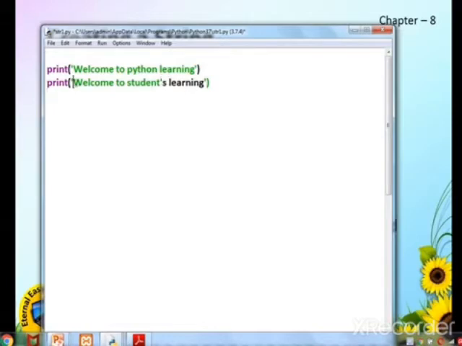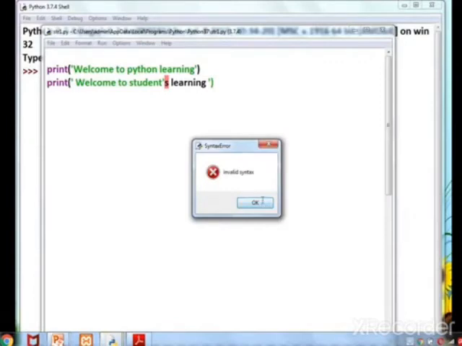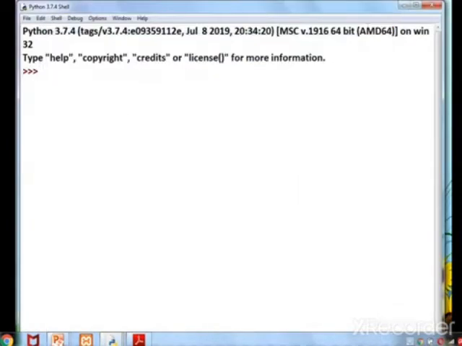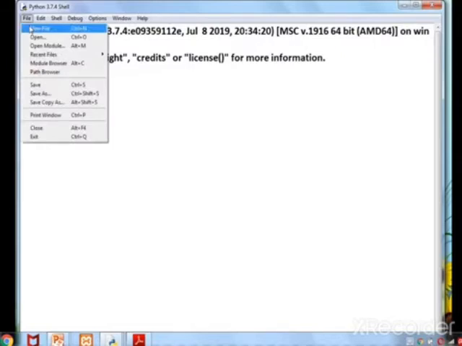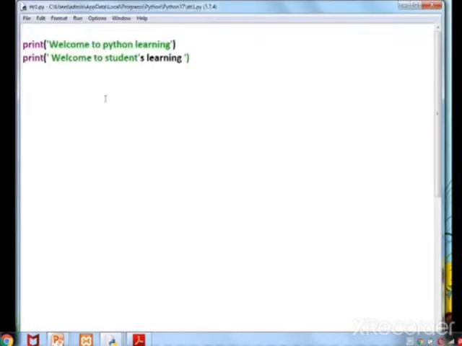But for us, welcome to students learning is a single statement and we want to have the statement within single quotes. But this is not possible in Python. Is it saying the error? So then how to print a statement like this? To print a statement with single quotes or apostrophe within that, it should be enclosed within double quotes.